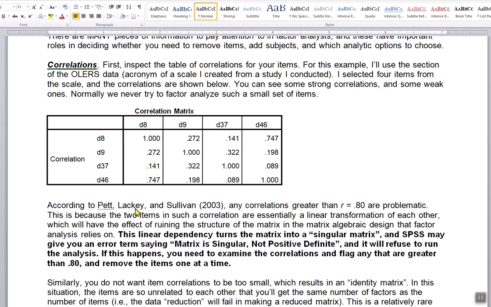So according to Pett, Lackey and Sullivan, any correlations greater than 0.80 are problematic. So you want to look in your correlation table to see if you have a lot of correlations that are too high, like 0.80 or above, because what that means is that the items really are the same thing. If you have a correlation that's that high, it means that there's just one or two words that are different in the item, and people are interpreting the item in the same way. When you have a bunch of items like that, what's going to happen is it's going to ruin the matrix,